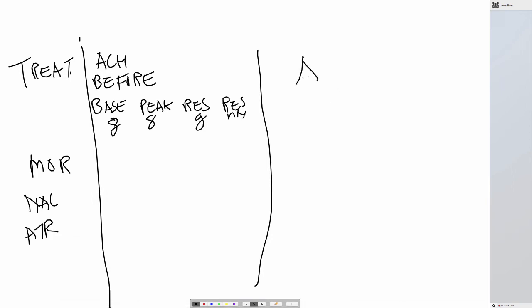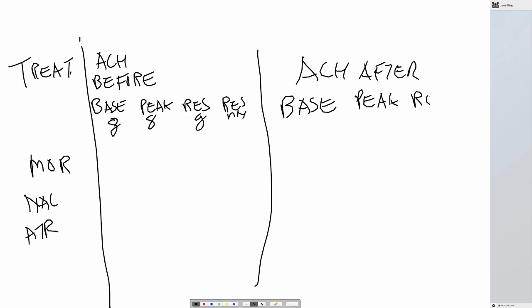Similarly, you'll have ACH after. And again, you're going to have the baseline, the peak, the response in grams, and the response in millinewtons. And you will have that